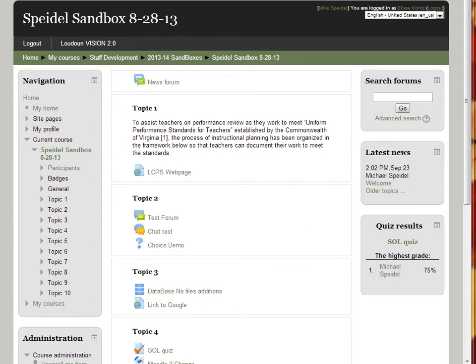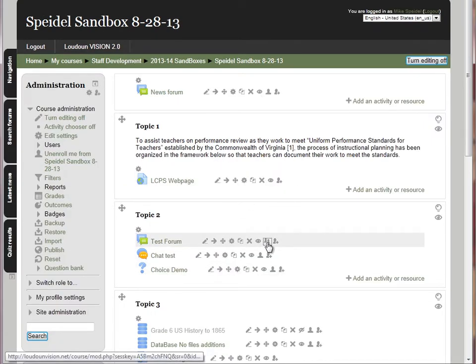Let me go back to my course where I'm instructor. Right now I'm set up as separate groups, meaning that the two groups are completely separate of each other. Even though they're both in the same activity, one group can see one group's stuff and the other group can see another's. Now if I'd like to change that a little bit more, I can click on this icon again, and